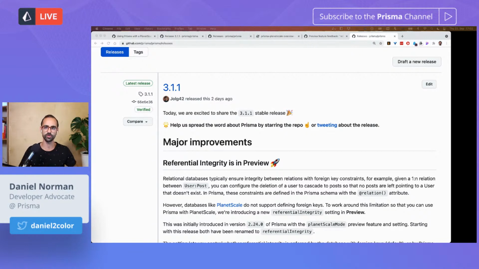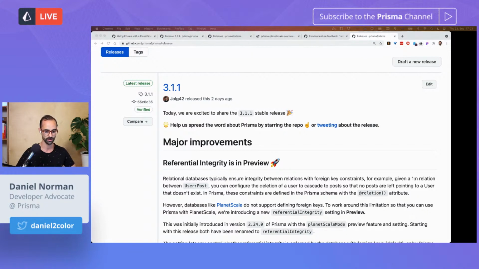So some of you may be familiar with a feature known as referential actions. In fact, referential actions was released to general availability in the last release, that was 3.01. And referential actions was quite an important feature for many of you out there, especially because it allows you to control how relations are handled by the database right from your Prisma schema.